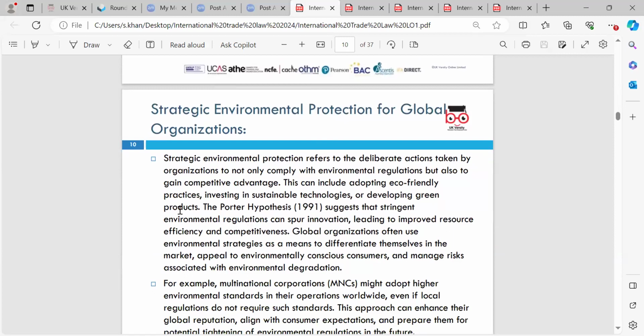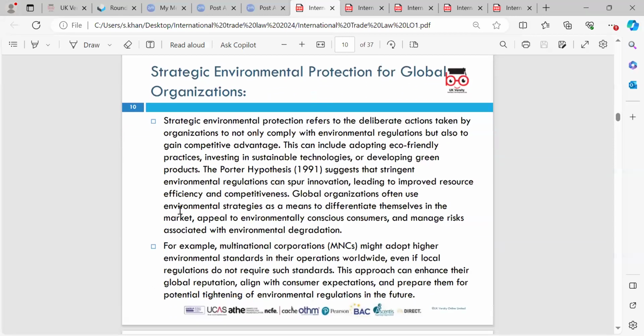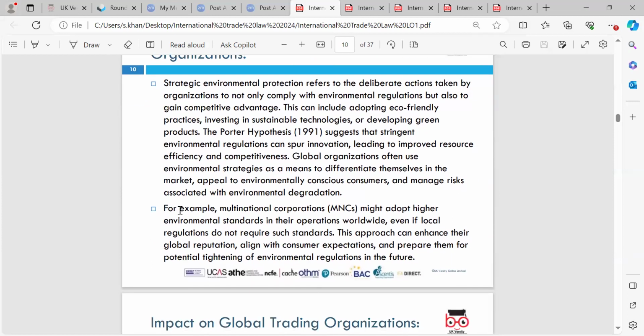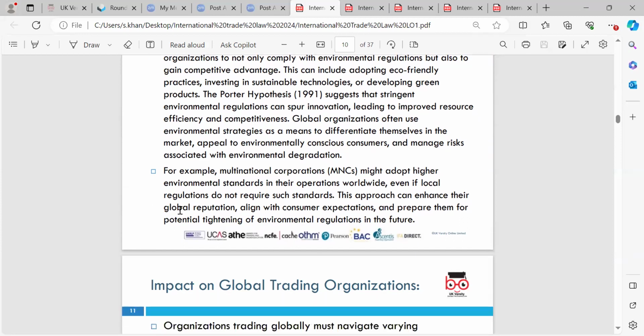We then went on to look at strategic environmental protection for global organizations, which referred to the deliberate actions taken by organizations to not only comply with environmental regulations, but also to gain competitive advantage. This can include adopting eco-friendly practices, investing in sustainable technologies, or developing green products. And we looked at the Porter hypothesis, 1991, which suggested that stringent environmental regulations can spur innovation, leading to improved